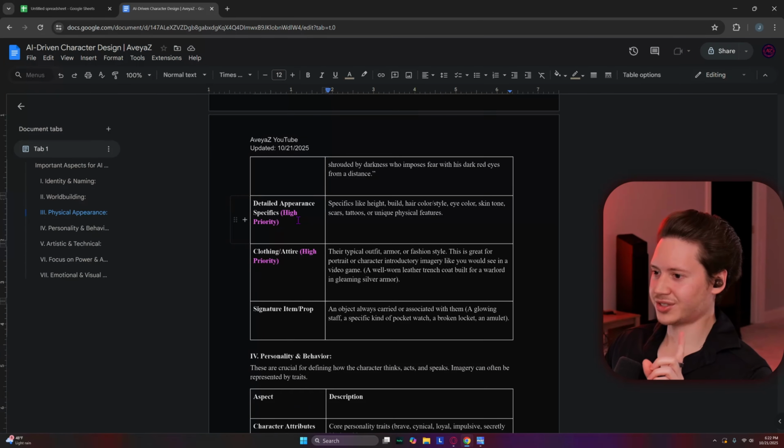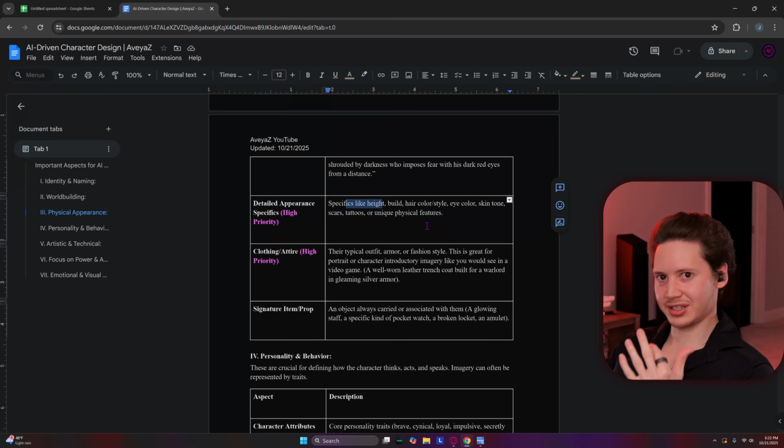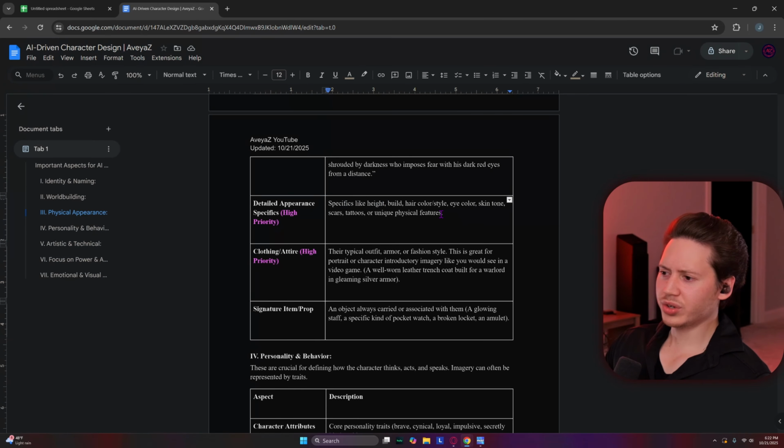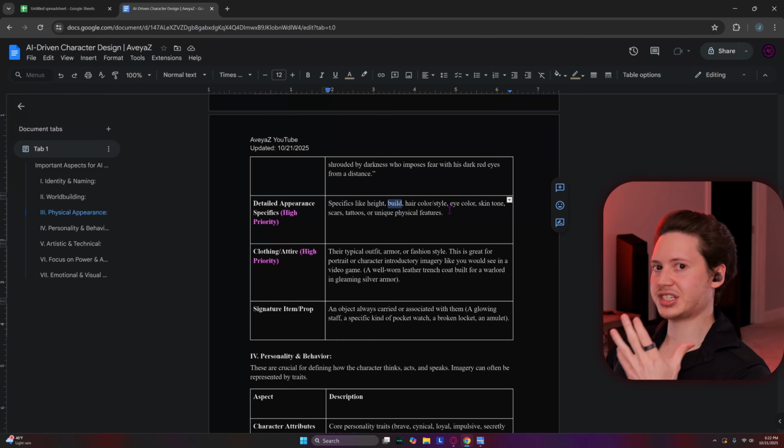Onward to the details. Detailed appearance specifics. Height, generally speaking, you're not going to determine too much on height when it comes to just an image. But overall, an image has 1,000 words attached to it, and that's where you really get creative here. When we wanted to discuss what type of build this character is going to have,